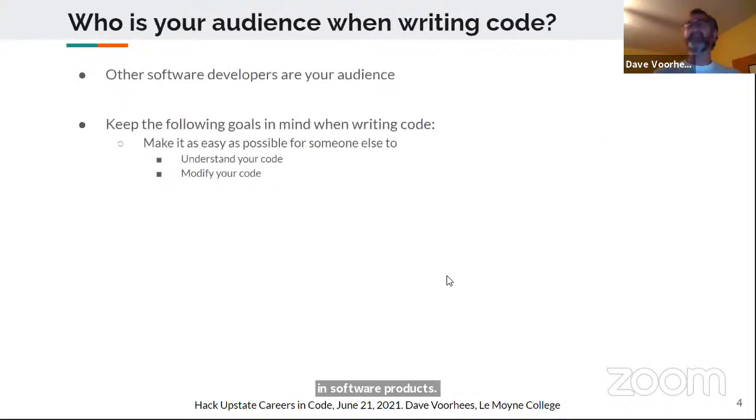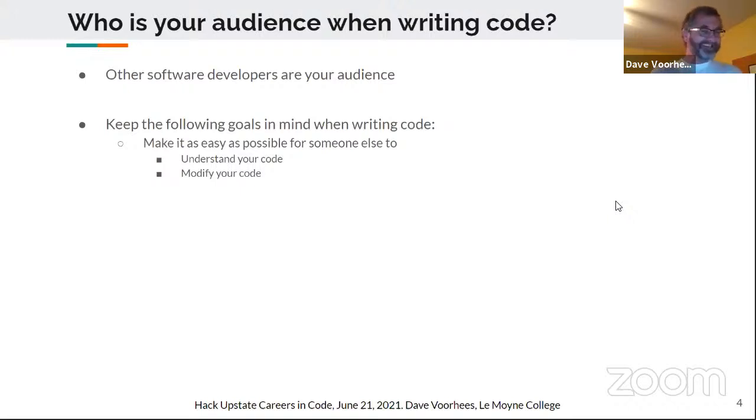So in terms of the audience, I think we had a chat comment about that. Absolutely, the audience is other developers. That's who you're writing code for. You're not really writing code for yourself. You're not writing code for the compiler, the interpreter, or the browser, or any other type of computing environment you might be using.